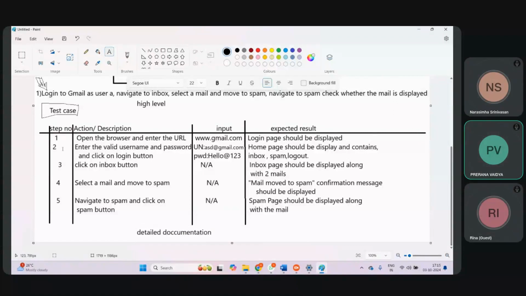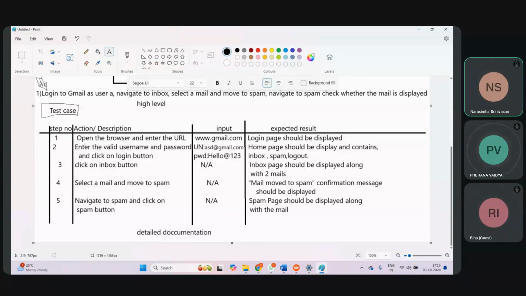By looking at the detailed documentation, let me consider that Prerna's son is studying in 7th standard. Let me assume Prerna has written a test case. Hey, come here, my dear son. You just see whatever I have written, and do the same as it is present in